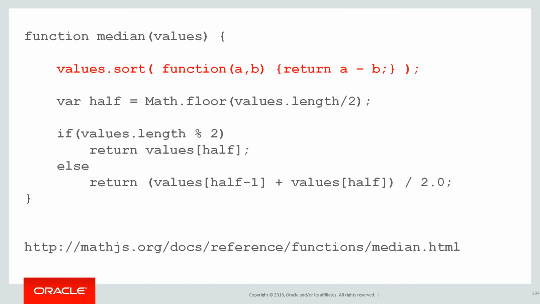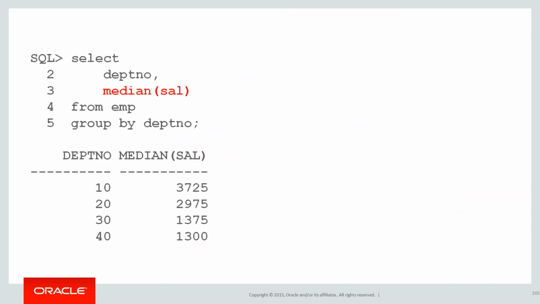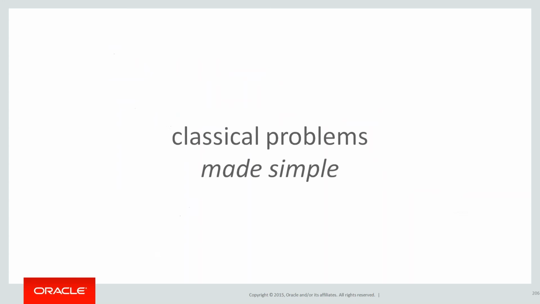Here's the problem with doing it with your own code. That keyword there, values.sort, seems so innocent. What it means is I've just dragged 1,000,000 rows out of my database server, and now I'm sorting them somewhere. Now it's either on an app server, which probably doesn't want to be sorting 1 billion rows, or it's on your client web page. To find the median, you've got to sort the data. The best place to sort a lot of data is on something that holds a lot of data really well, which is a database server. And this is how you can do it. Median is actually an analytic function, even though there's no over keyword there. But it's so easy, just median, very simple.